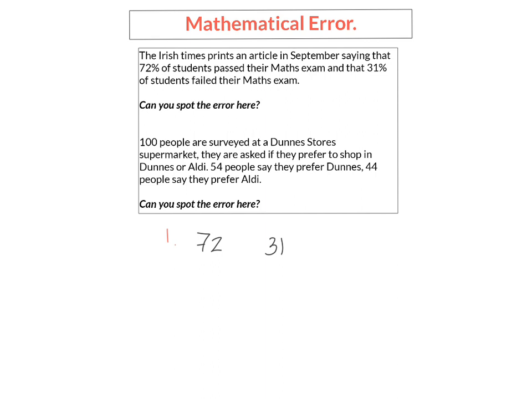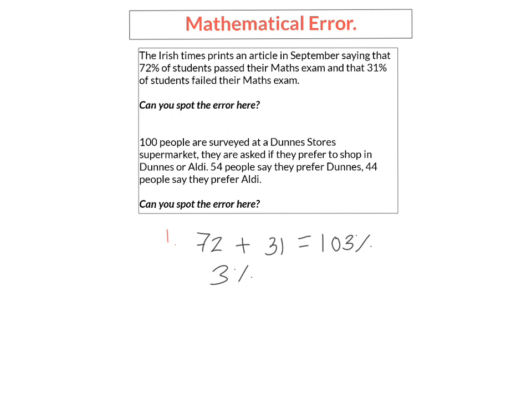I always say to you, what's the most you can get in a test? What's the highest percentage you can get? It's 100%. And it's the same here when you do any calculation about your population, your two answers should add up to 100%. If I say 72 plus 31, I come out with 103%. So straight away you can see there's an issue with one of those figures. One of them must be incorrect because I'm 3% over the 100%. Somebody's either made a mistake or written something down wrong, but that is then a misleading statistic.